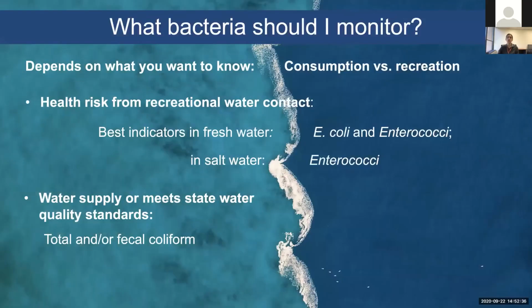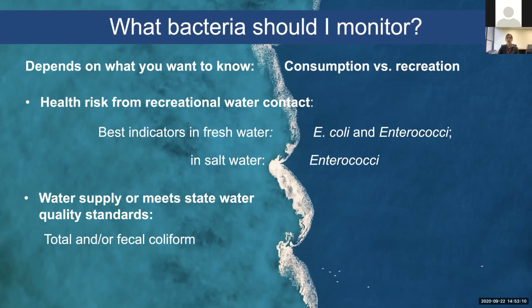And so out of these groups, which are the best ones to monitor? Well, it depends on what is the major route of exposure, whether it's consumption or recreation. For recreation in freshwater, the best indicators are E. coli and enterococci. In saltwater, the enterococci are the best indicators. And actually until 2004, fecal coliforms were used also to indicate the safety of saltwater beach recreation. But for now,